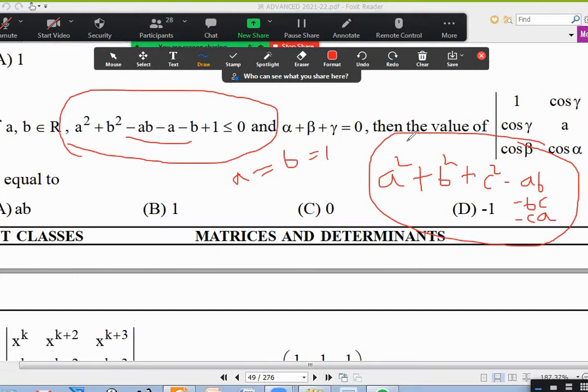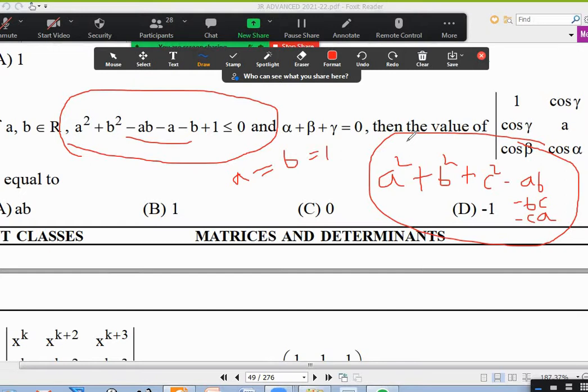Sir, no, sir. I think no, sir. Why no? Anybody want to tell why? Sir, if we take any number as negative, when it gets multiplied with another number, it becomes positive, sir. But minus ab is there, na? Yes, sir, if we take a as negative, minus a into b, we get minus ab. But among minus ab, minus bc, minus ca, we cannot make all of them positive. That's not possible. Because if you take a negative, two of them will be positive, but one of the terms will still be negative, right? Minus bc will be negative.